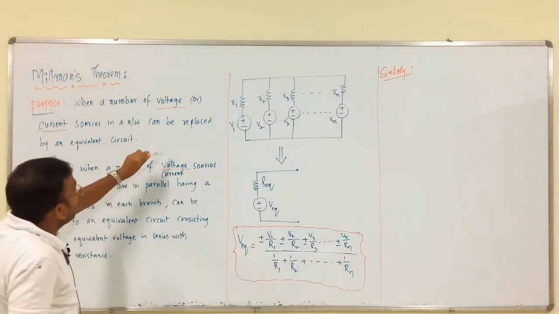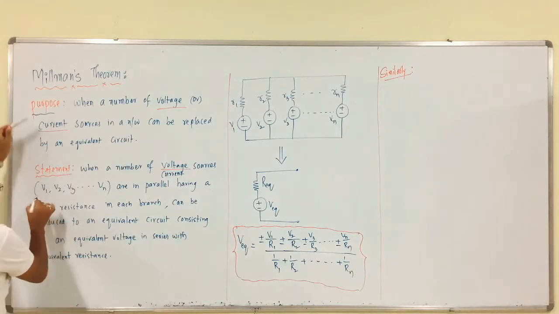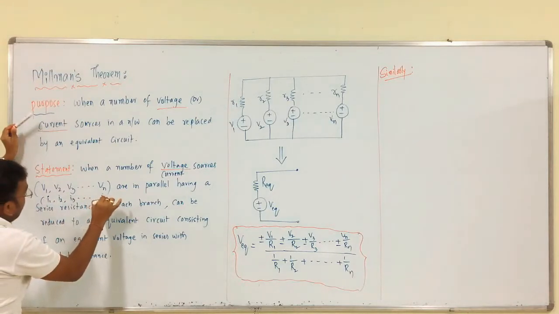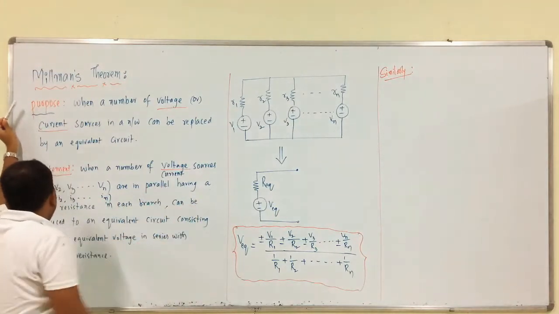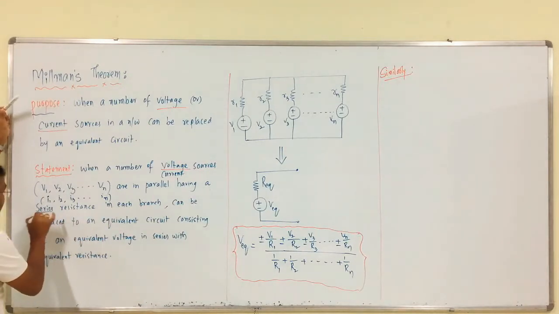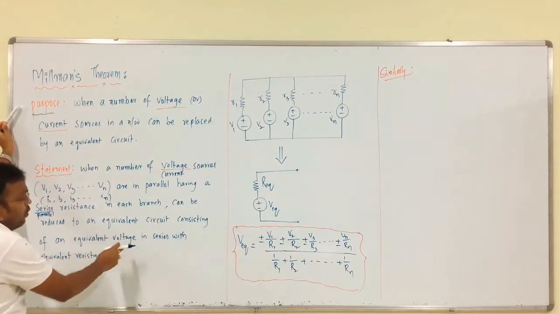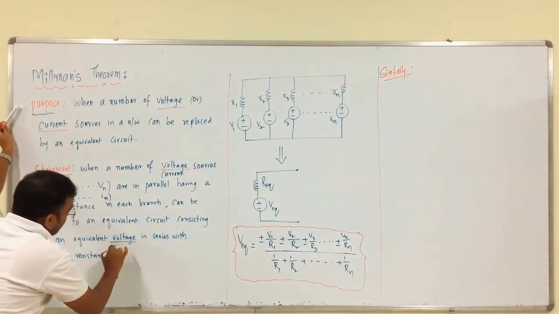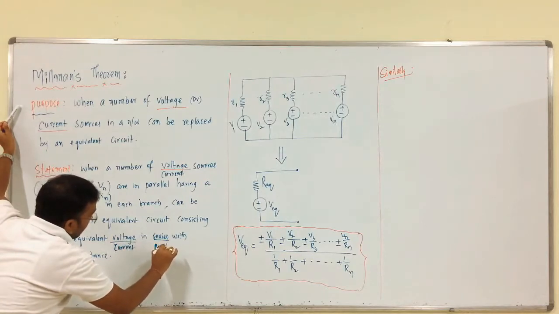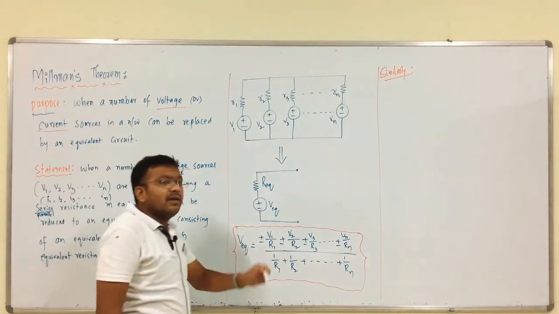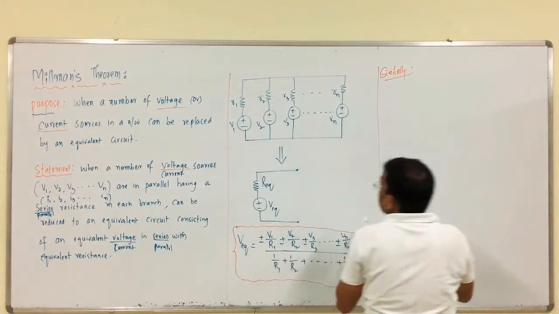When a number of current sources I1, I2, I3 up to In are in parallel, having parallel resistance in each branch, they can be reduced to an equivalent circuit consisting of an equivalent current in parallel with equivalent resistance, that is it. In place of voltage you can write current. Therefore, similarly for current source,